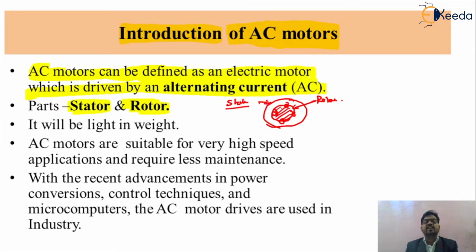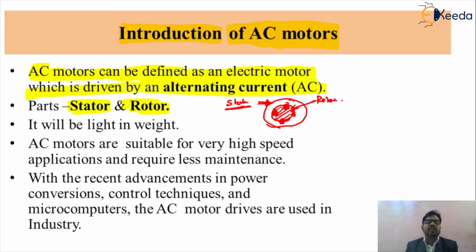Basically, in the stator we give the supply, that will be the three-phase distributed winding, and due to that three-phase winding, a rotating magnetic field will be produced, and this rotating magnetic field will produce its flux. That flux links with the rotor circuit. In the rotor circuit, friends, we use different copper bars which are short circuited by the end rings, and due to the presence of the flux, an EMF is induced in that circuit. Due to the EMF induction, due to mutual induction, such motors are called induction motors. So this is called the rotor of your induction machine.